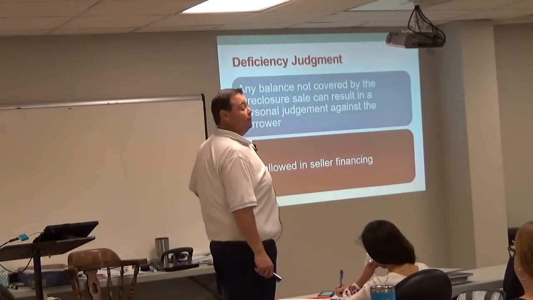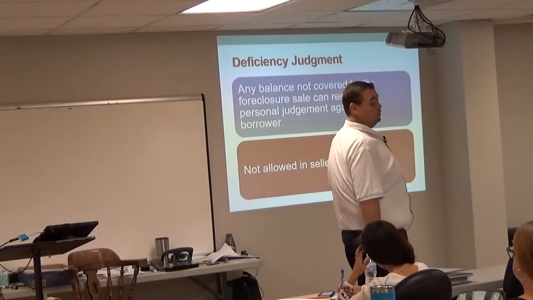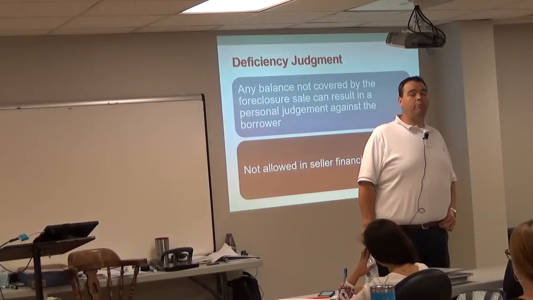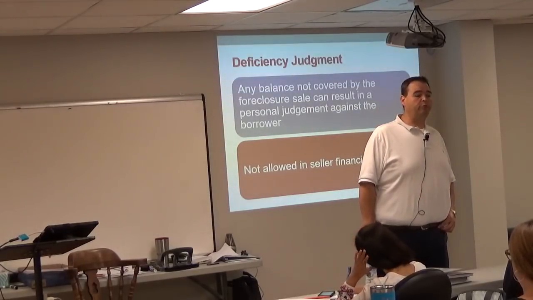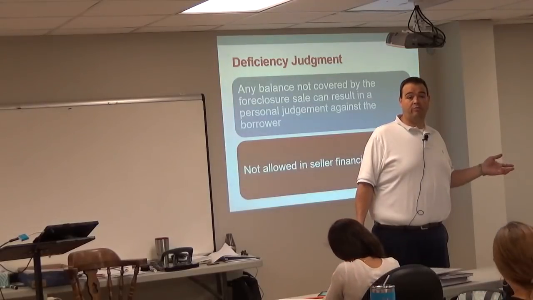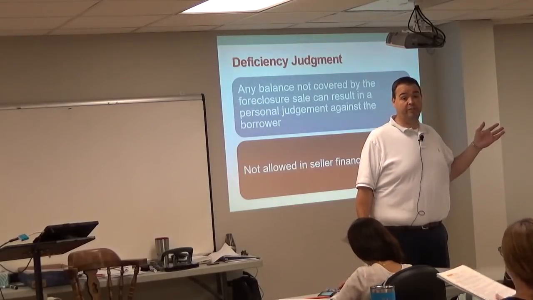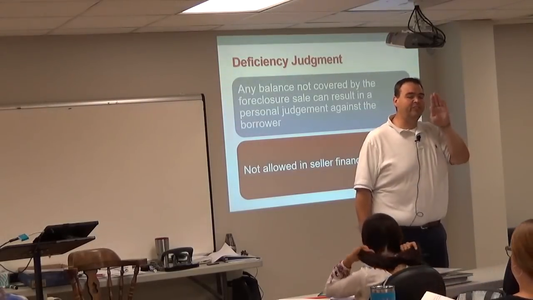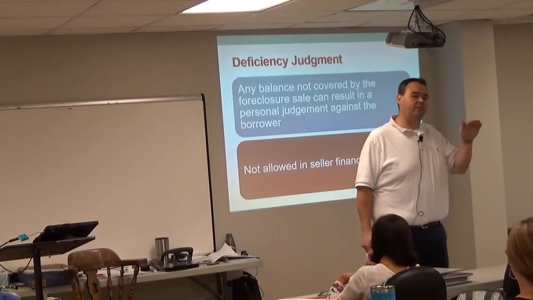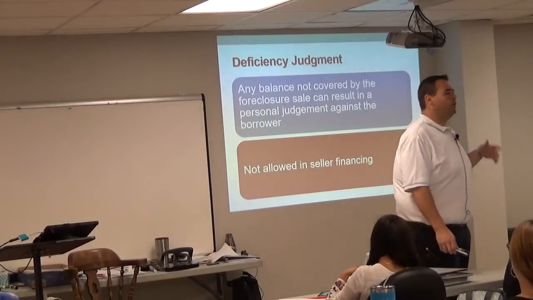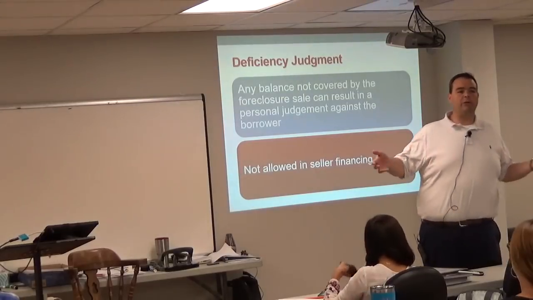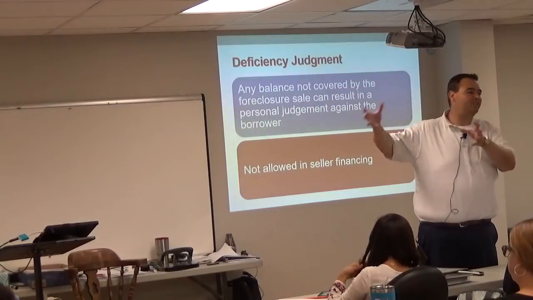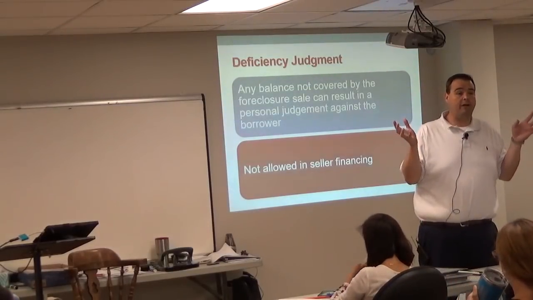So the whole idea of being able to get a deficiency judgment in the first place is you weren't made whole by the foreclosure, right? That when the property was foreclosed on, you didn't get all your money back. Does that make sense? That's the idea of a deficiency judgment. Stop trying to think about the seller finance part of it, and just think about the deficiency judgment part. The whole point is that you're going to the court and you're saying, Your Honor, we just foreclosed on this property, they sold it, and we still didn't get all our money, so we need this deficiency judgment in addition to make us whole. Does that make sense for everybody?